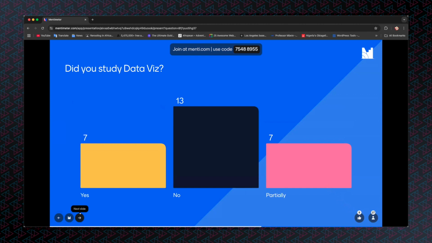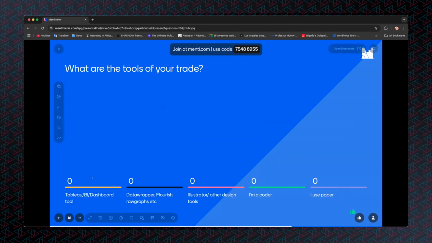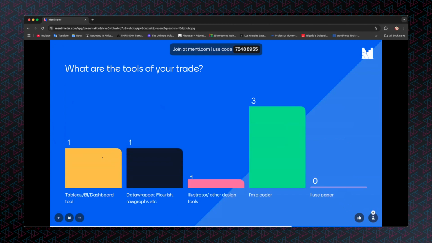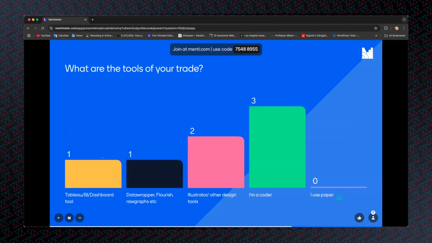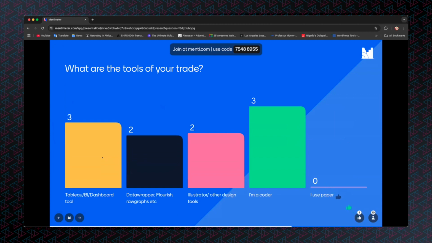Interesting. All right, next up. What are the tools of the trade? Are you dashboards, Tableau, BI? Are you DataWrapper? Huge plug there. Flourish, RAWGraphs, those sort of tools. Use mainly design tools like Illustrator, or Illustrator's new rival, whose name I forgot, but they're there too. Are you just a pure coder?